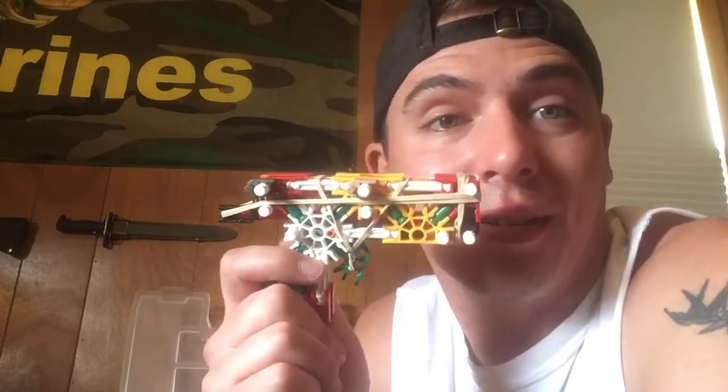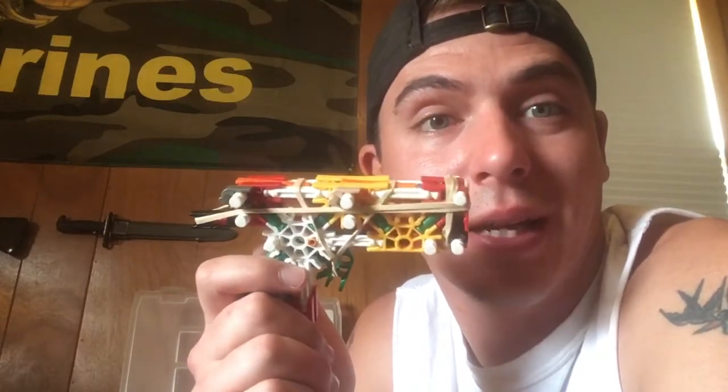All right, Soviet Russia here. Today, I have a little video about this sucker, Knex Pistol, compact Knex Pistol. I said this before, I'm terrible with the counts. Anyway, point is,